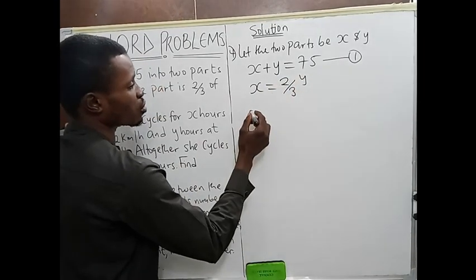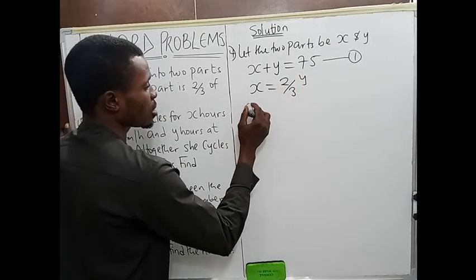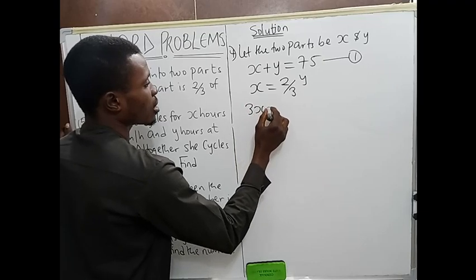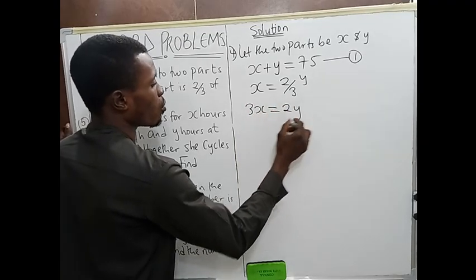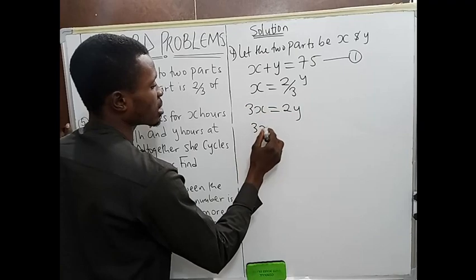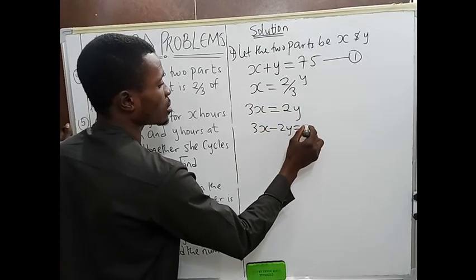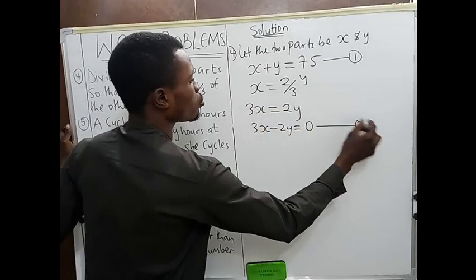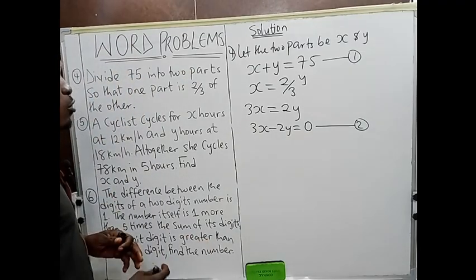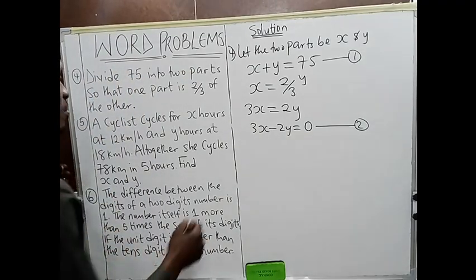All right, if you clear fractions, multiply both sides by 3, you have 3x equals what? 2y. All right, 3x minus 2y equals 0. Equation 2. All right, that is it for number 4. For number 5,